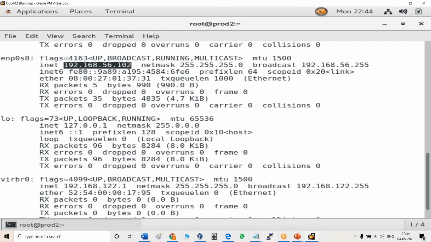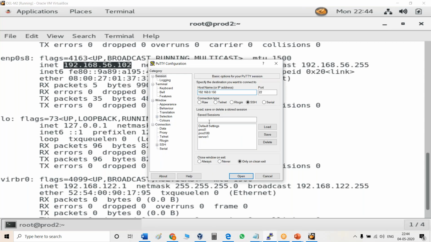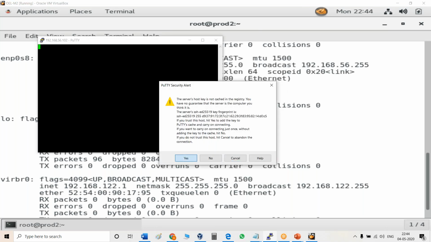So let me check whether this is working for putty or not. So 192.168.56.102 prod2, save, and then load, then open.